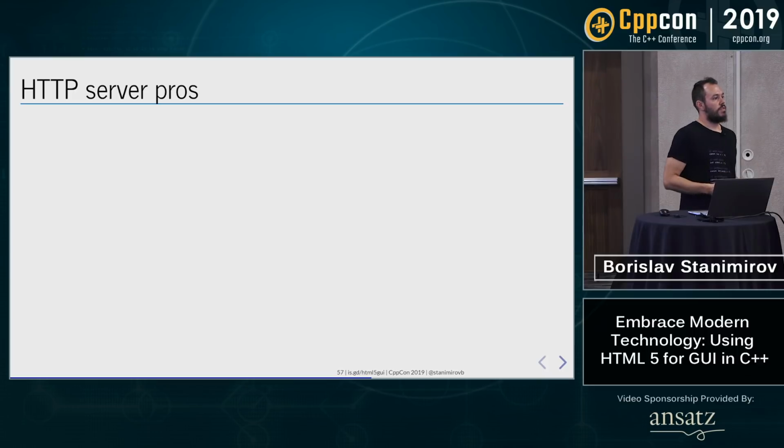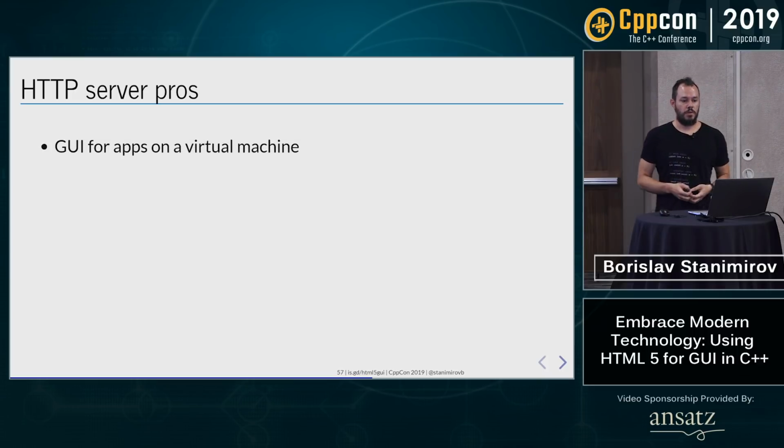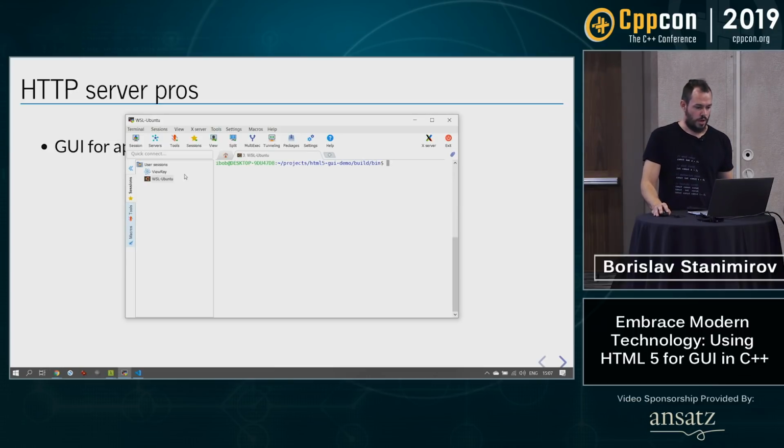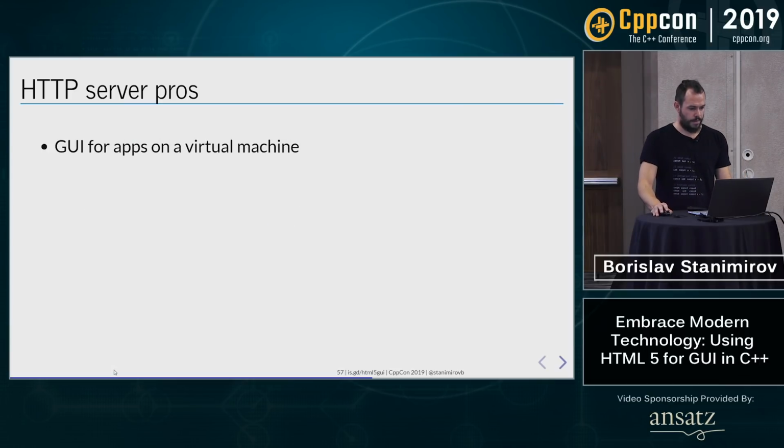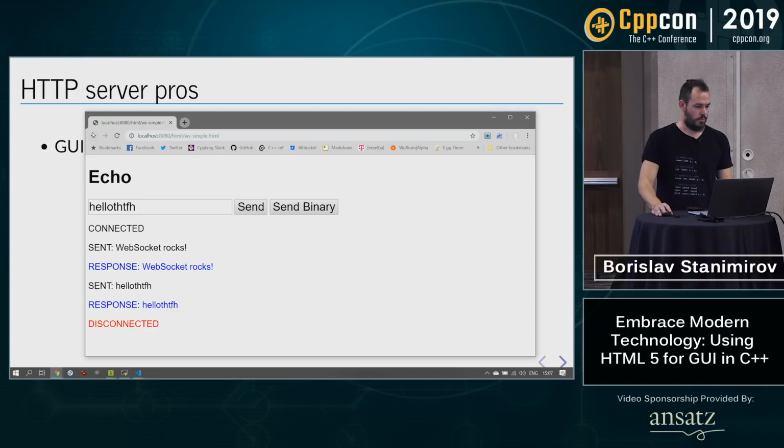And so the short list of pros of HTTP server. So this is Windows, and I have a Windows subsystem for Linux. So I don't have an X Windows server on that Linux here. But what I could do, sorry about that, I forgot the name of the application. I could start a server here. Then I can open my browser